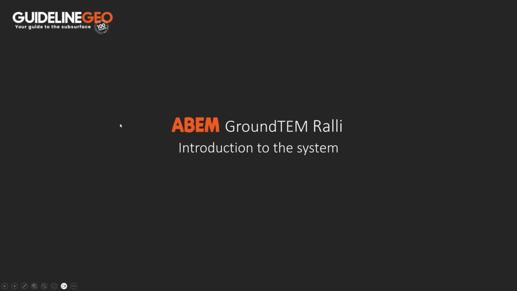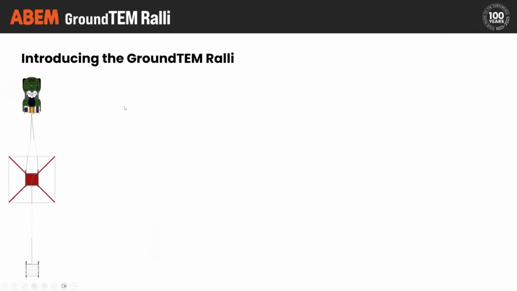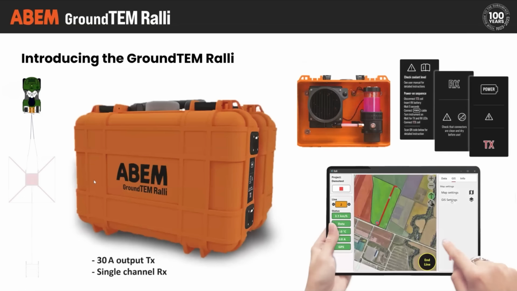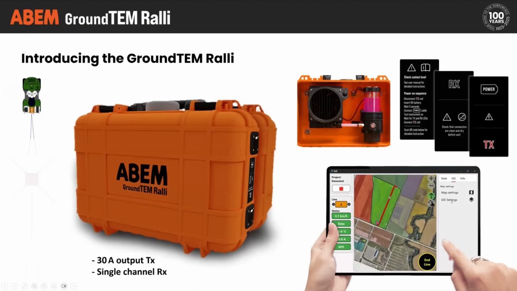So let's have a look at the system design. Being a TEM system, there are the three components of instrument, transmitter, and receiver. What we see here is a picture of the instrument itself. It houses both the transmitter electronics and the receiver electronics, but they are separated out in this box. Transmitter on one side, receiver on the other. And this will look very familiar if you've seen our I-series instruments. It's the same form factor box, but in this instance, there are actually two that are mounted adjacent to each